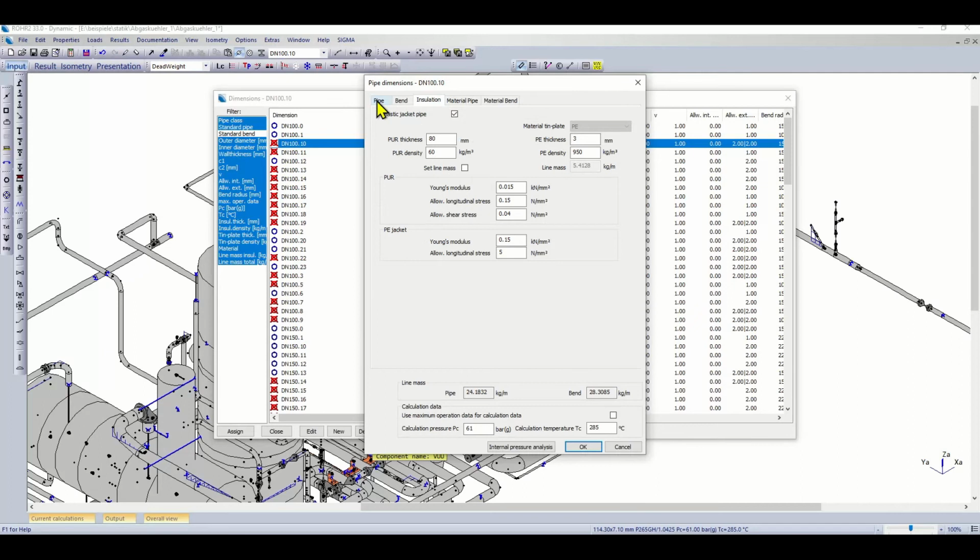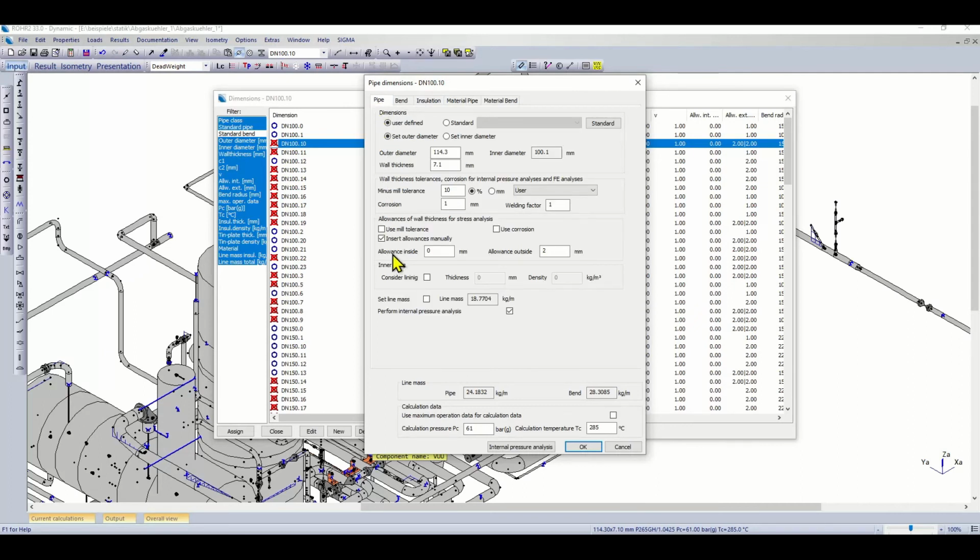Let's also have a look at the first page, in which you can specify the inner lining here. So if you want to add an additional lining, you can give it a thickness and a density for the lining, and this thickness is taken out from the inner side of the medium, and the medium density, medium weight will be calculated accordingly with the smaller inner diameter.